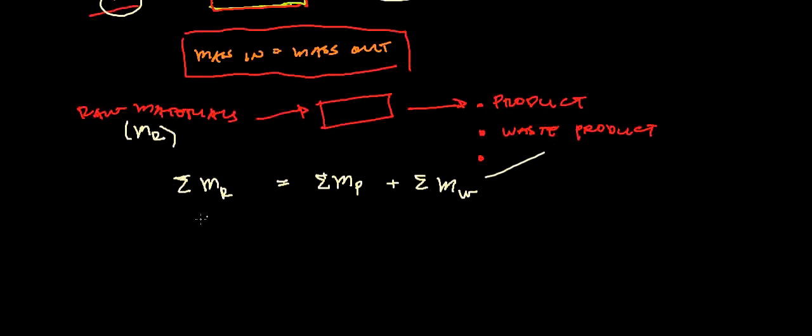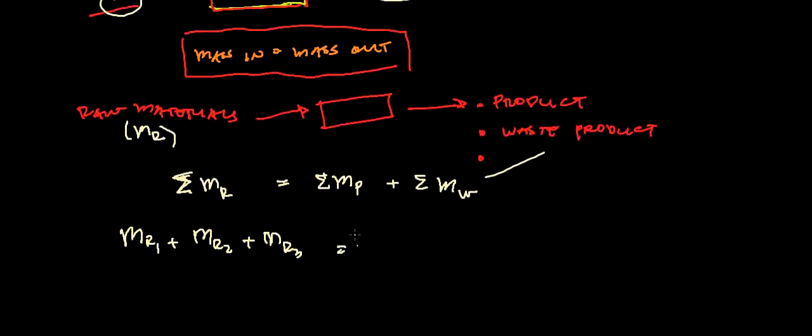For example, this summation denotes the total raw materials of, say, raw material 1 plus raw material 2 plus raw material 3. So you have a combination of 3 different raw materials being processed in this box,